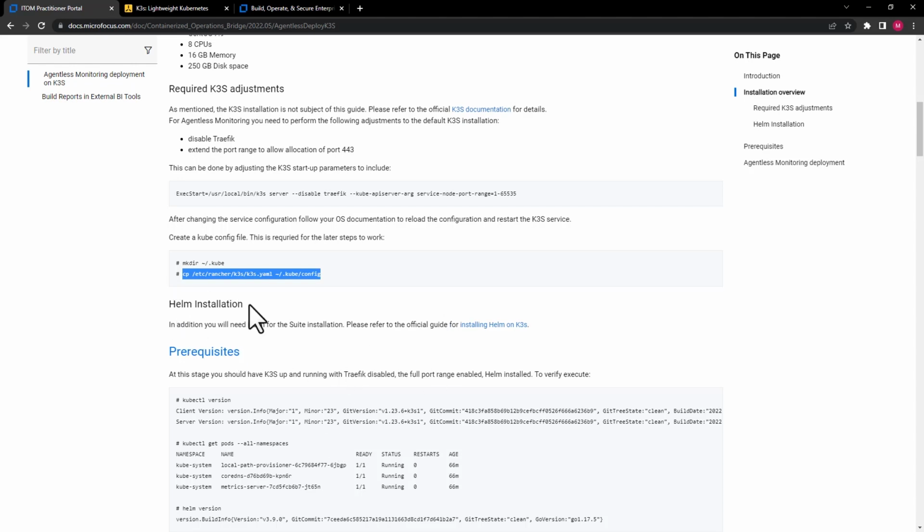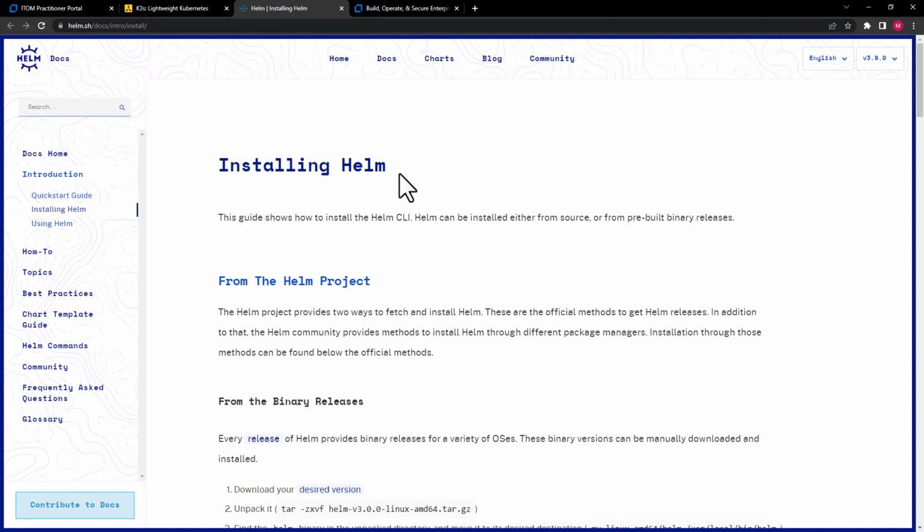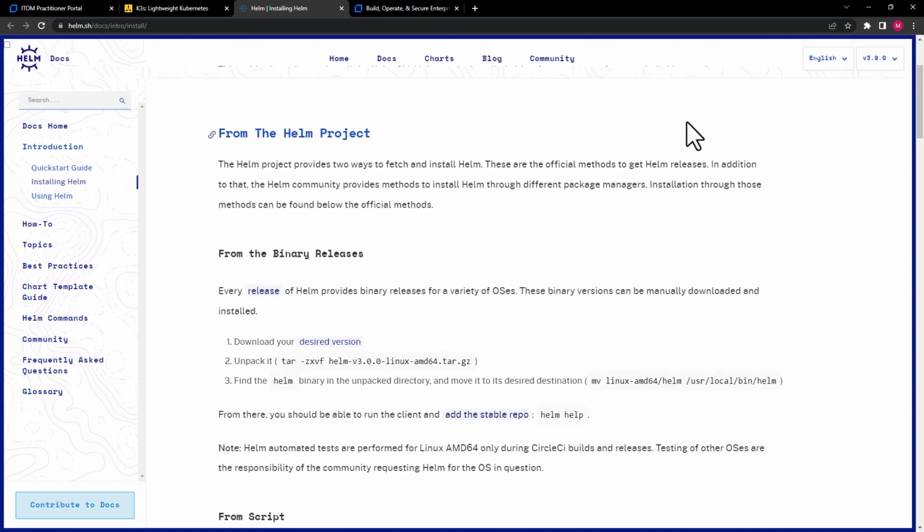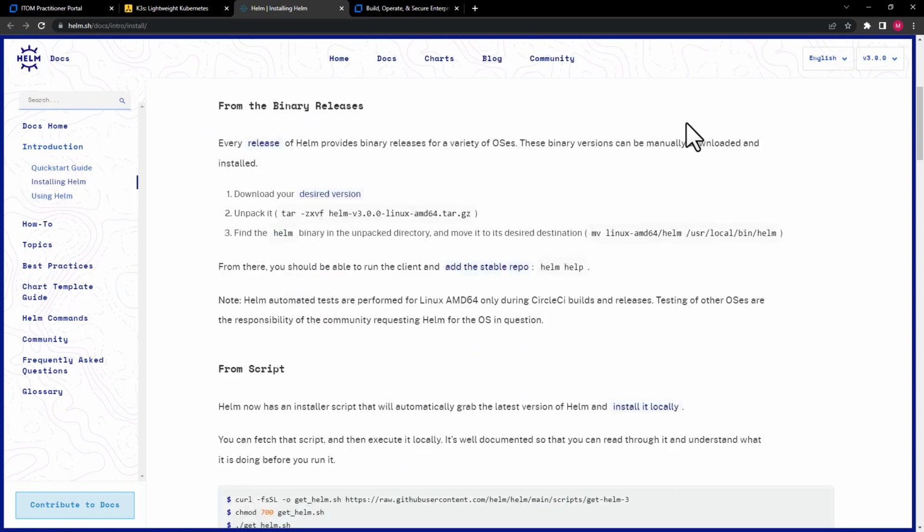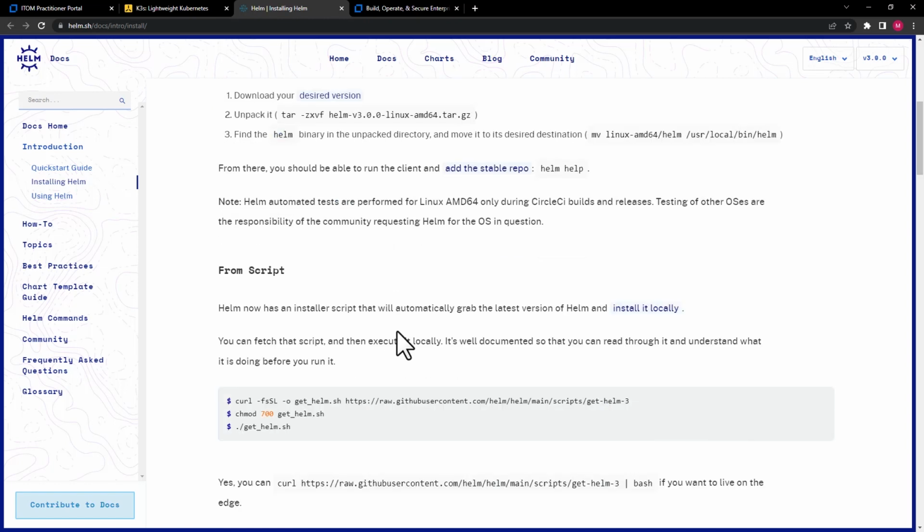And as we all know that Helm is also a third-party tool that we are using. The official URL is provided here for us to install Helm. So going to this site, the official website, we do have installing Helm, and current version is 3.9, so we will stay there. And the easiest way for us to install Helm would be using a script. If you require any specific version, you can go through the binary release also, but as of now we will